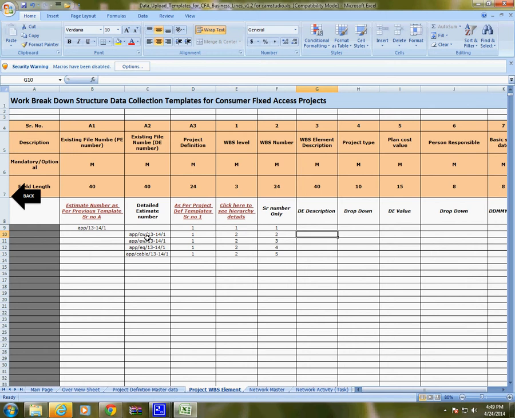From here only we will be able to make out for what purpose this WBS has been created. As we know, CW we have given the description here, so it is a civil WBS. This is the civil component, civil detail estimate. The other one is electrical. The third one is for A&P exchange, A&P equipment.